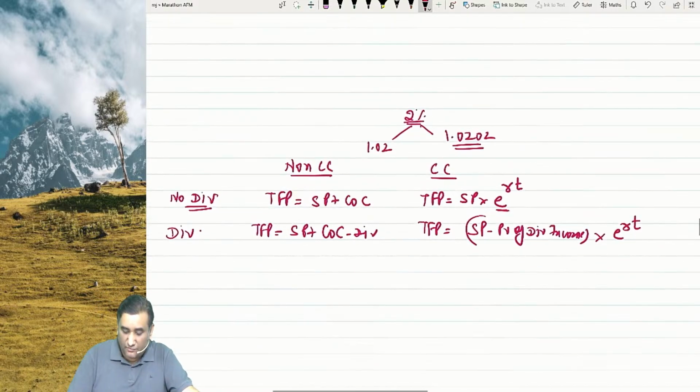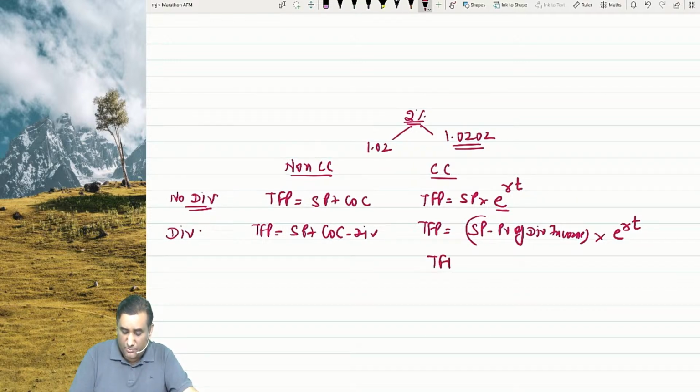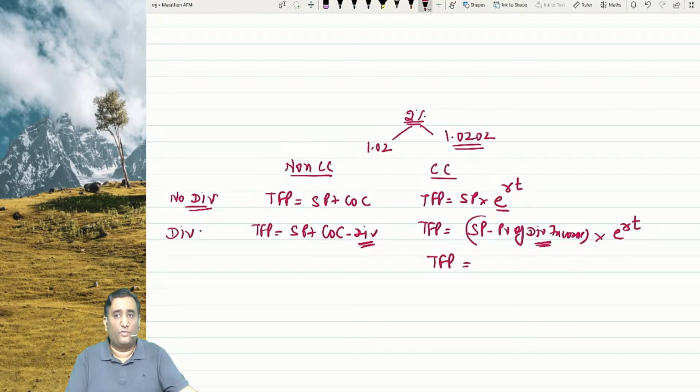That becomes the formula. And then, if the yield rate is given, let's suppose yield, then in the TFP, yield is your income. The objective of the dividend is actually a reduction in the TFP. In this case also there is a reduction. If the amounts are given, we apply the second formula. If a percentage is given, for example,